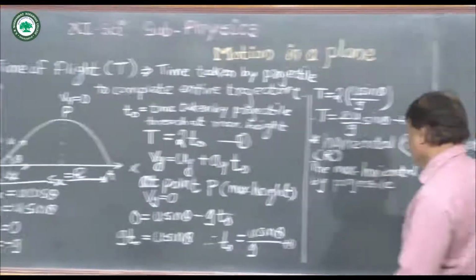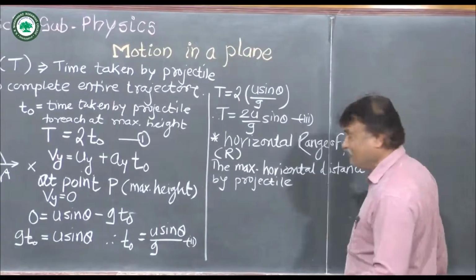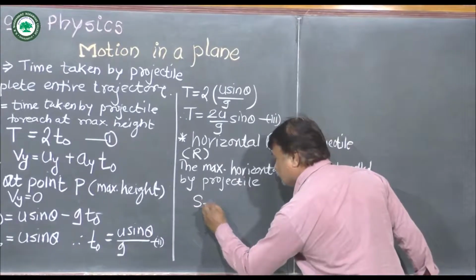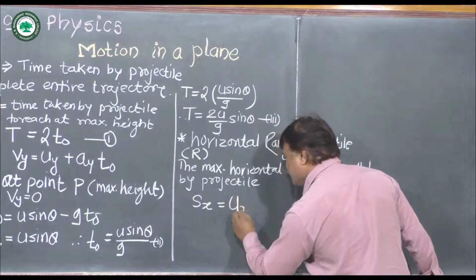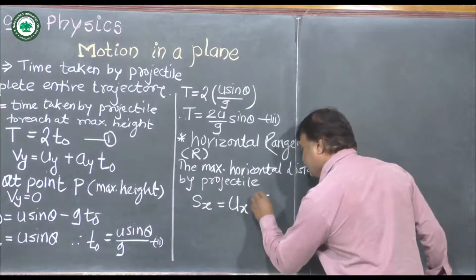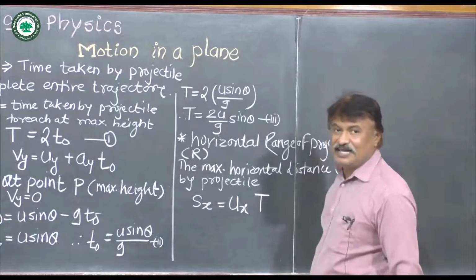So we consider the second kinematical equation along the x-axis. So Sx is equal to ux into T, where capital T is the time of flight,